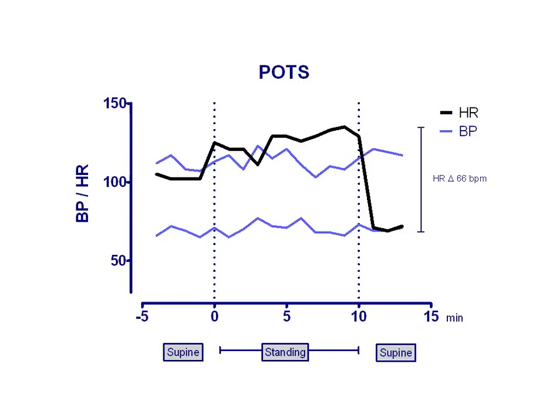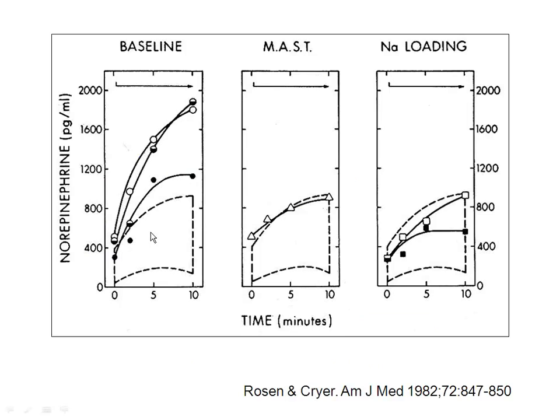Now, I'm not a big exercise fanatic, but it even takes me 20 minutes to raise my heart rate that degree on a treadmill. So again, it points out the degree of physiologic abnormality patients are facing. An older study by Rosen and Cryer from 1982 showed, in a single individual with POTS, these panels showing in the dashed lines the normal norepinephrine response to 10 minutes of standing. And then each of these curves was this individual's response on a recurrent basis. So her norepinephrine response was very high.